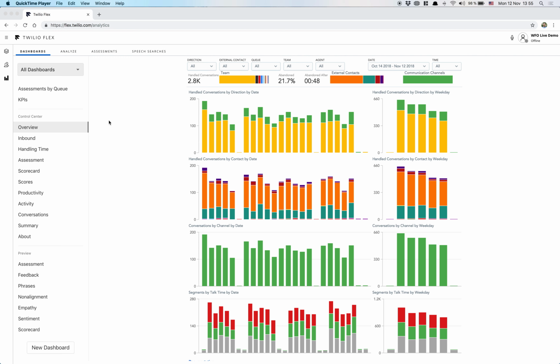Let me show you now a quick demo of Flex WFO. Out of the box, you are getting a huge amount of content, reports, dashboards, and metrics that have been created through our experience with working with customers all over the world to get out of the box understanding of all the key performances of your contact center when it comes to inbound, outbound, support and sales, abandoned calls, handle time,